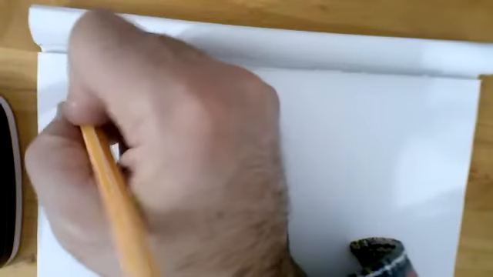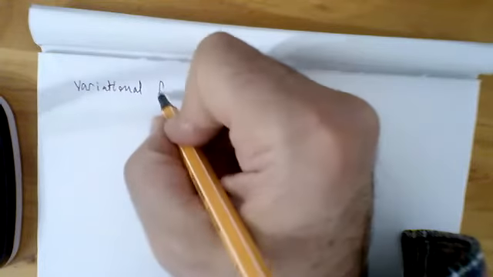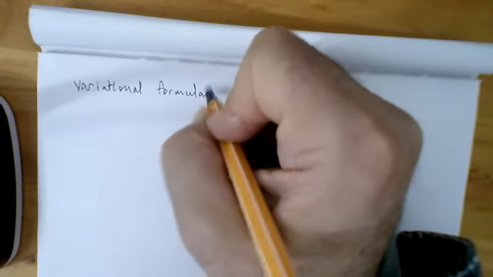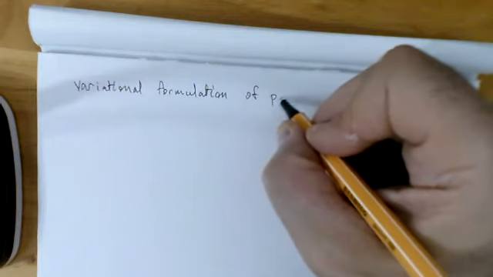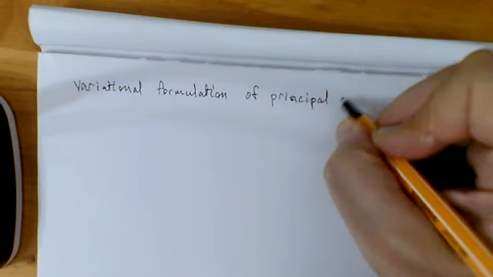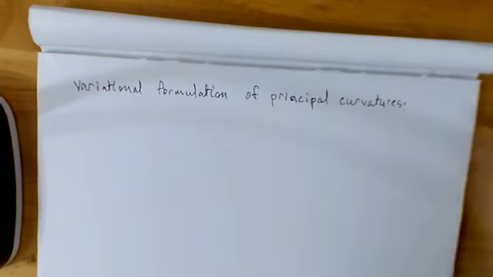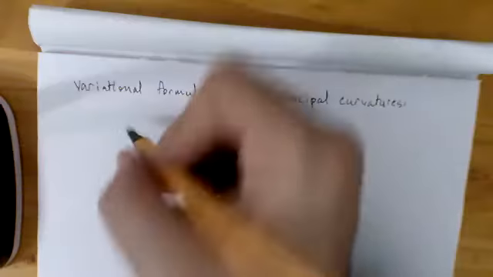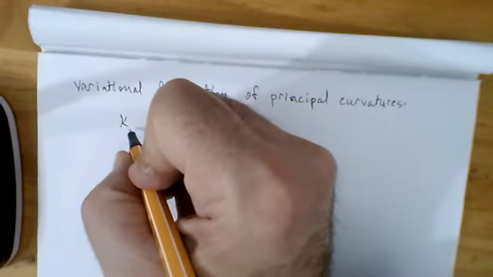The only difference is that in higher dimensions, if I want to write down the variational characterization of the principal curvatures, I have to write down K, let's write it down as K